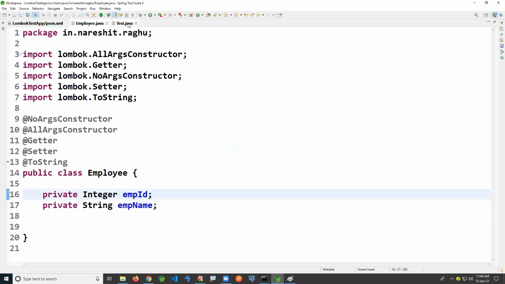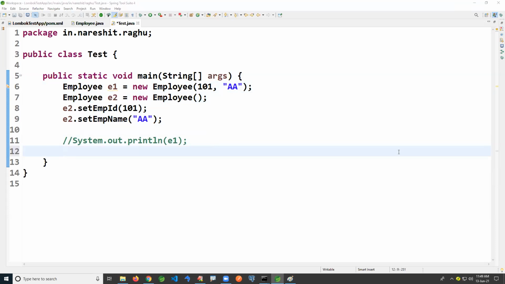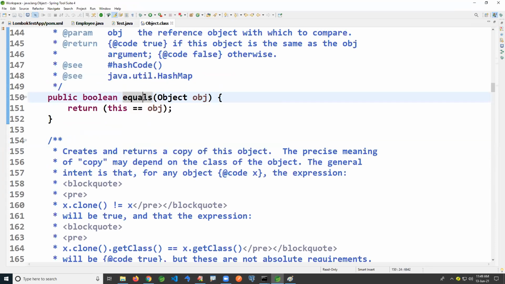So the toString method is added. Now the second one, I want to compare these two objects, E1 and E2. E1 and E2 data I want to compare here. So here I'm just writing E1 dot equals E2. If you look at the equals method's inside logic, Control plus mouse click, see, equals internally uses the double equals operator.